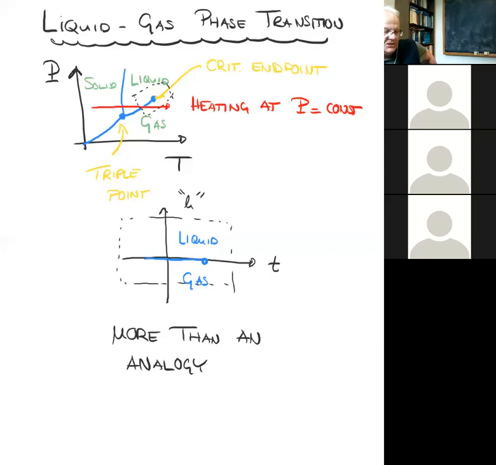Okay, so the sense in which this is more than just an analogy is that the shape of the density curves in the vicinity of that critical endpoint is exactly the same as the shape of the magnetization curves near the Curie temperature in a ferromagnet. And we'll have to explain a little bit later on why that is. But for now, I'm just bringing it up because it's one of the reasons why people are really interested in the Ising model: the Ising model is actually secretly more than just a model for a magnet. It's a model for all sorts of behavior that we see in statistical mechanics.